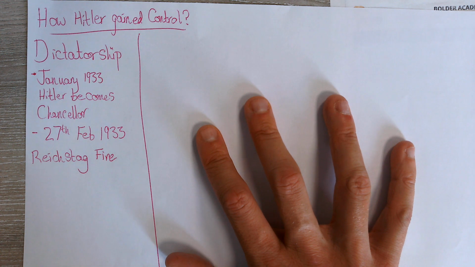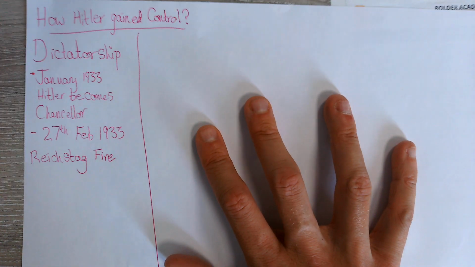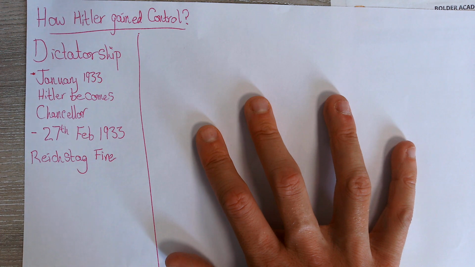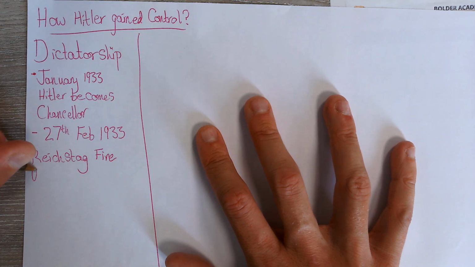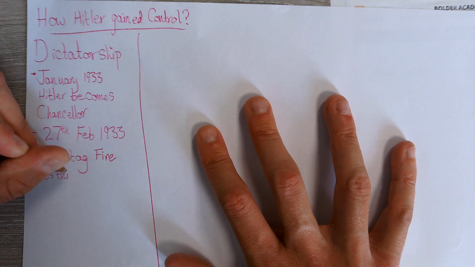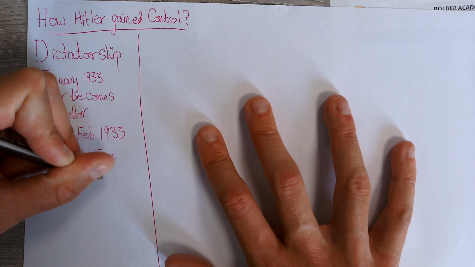Whether they did or didn't, the Nazis used that to get rid of the Communist Party, because a communist called van der Lubbe is found on site with matches, and he's a known member. He's Dutch, but he's a known member of the Communist Party, and he admits to it. Right. So Hitler uses this, or the Nazis use this, to eliminate